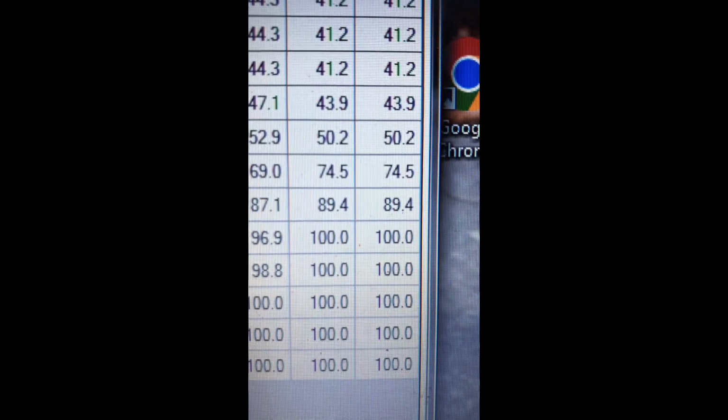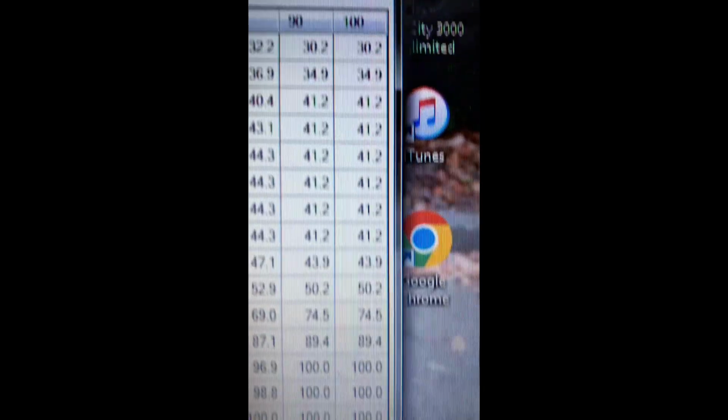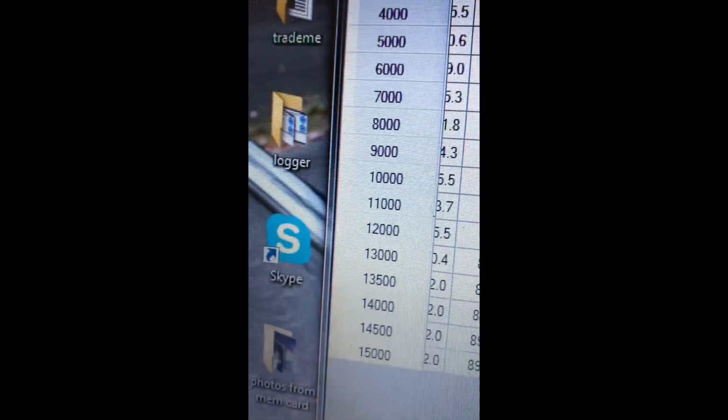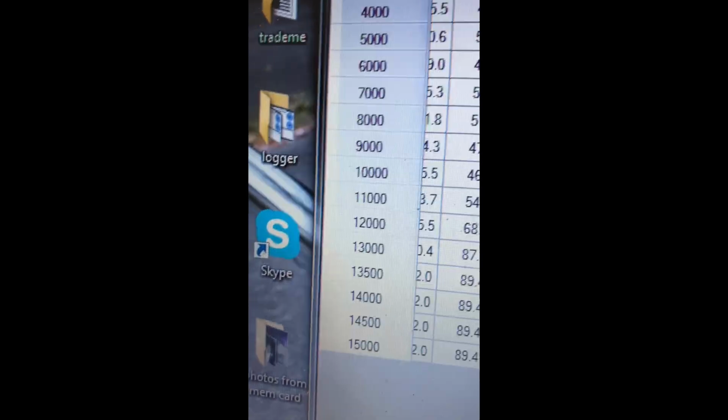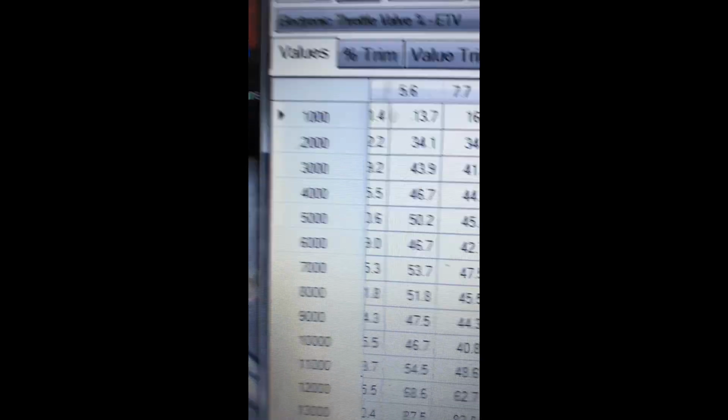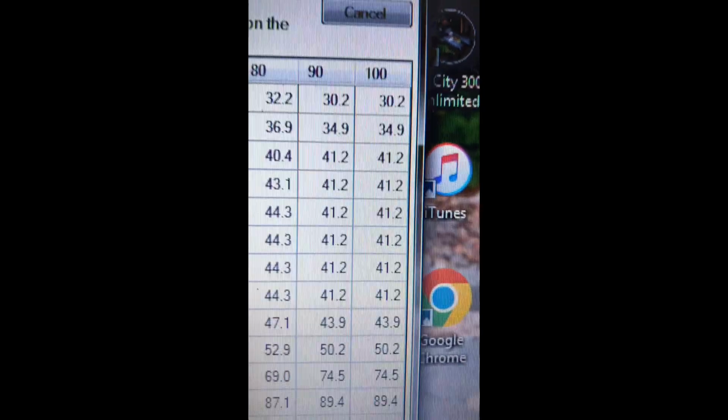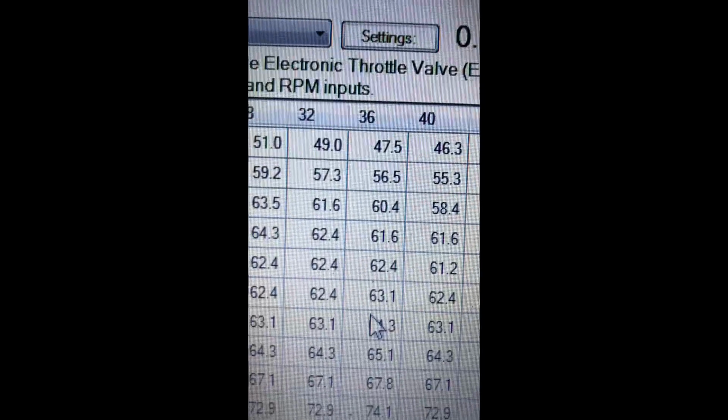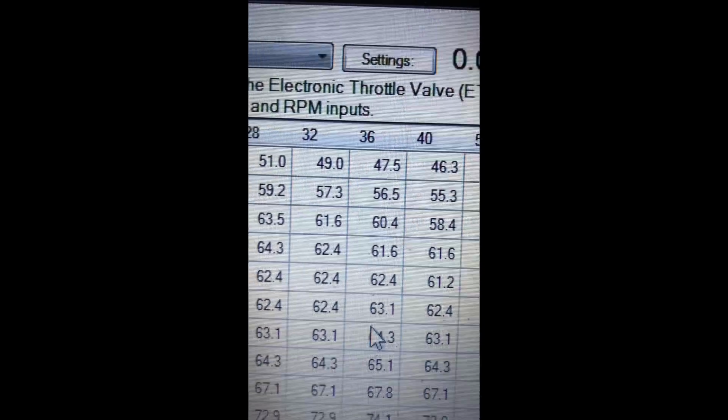So here is 100, and it doesn't give you 100% throttle until 13,000 RPM. So that means at 7,000 RPM, if you whack the throttle right on, you're only getting 41% of 100%. And then all of these are a variation of that. So 62% of 36%